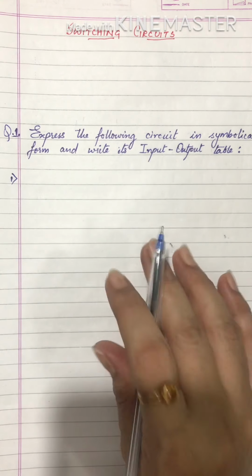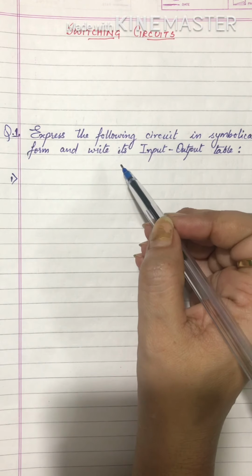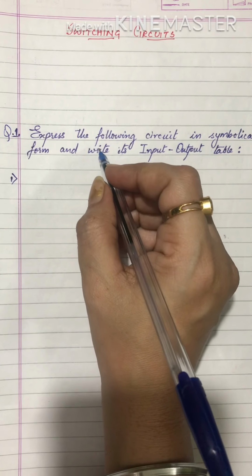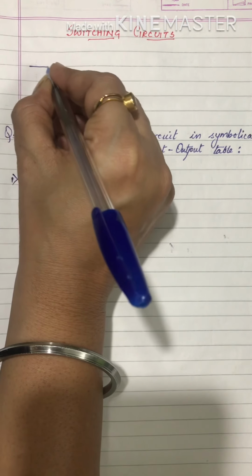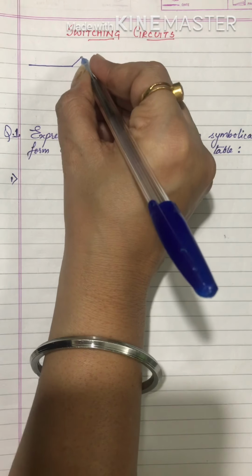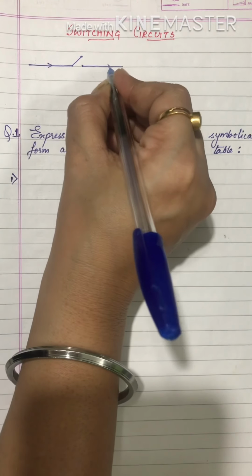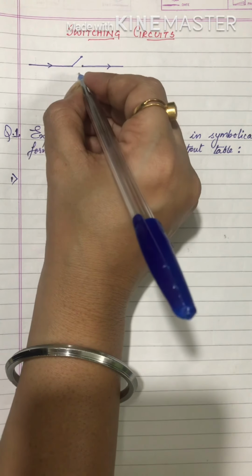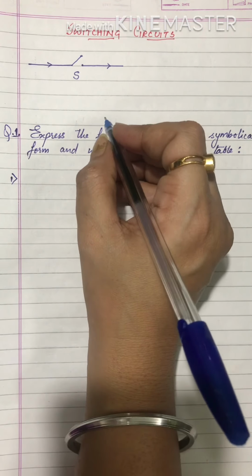By now we are thorough with how to make a truth table and how to find the equivalence between the statement patterns given. Now, very first, to begin with, let's try to understand how a circuit is actually denoted diagrammatically. Here I am trying to make a switch. These are the wires, and this I have represented as a switch. We give the name S. S is the letter used to denote a switch.